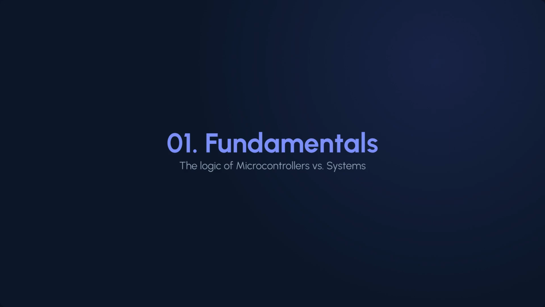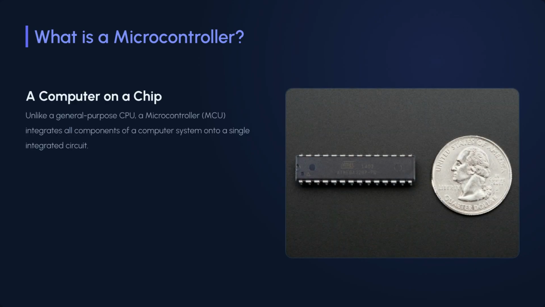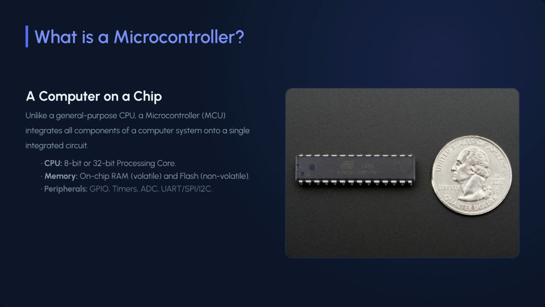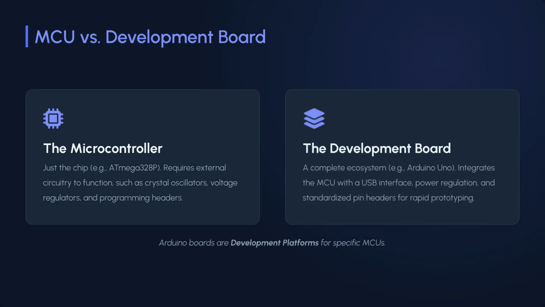We begin with fundamentals, examining the logic of microcontrollers versus complete systems. A microcontroller, or MCU, is essentially a computer on a chip. It integrates all core components like the CPU, memory, and peripherals onto a single integrated circuit. The MCU is the raw chip requiring external circuitry. In contrast, a development board, like the Arduino Uno, provides a complete ecosystem with a USB interface and standardized headers